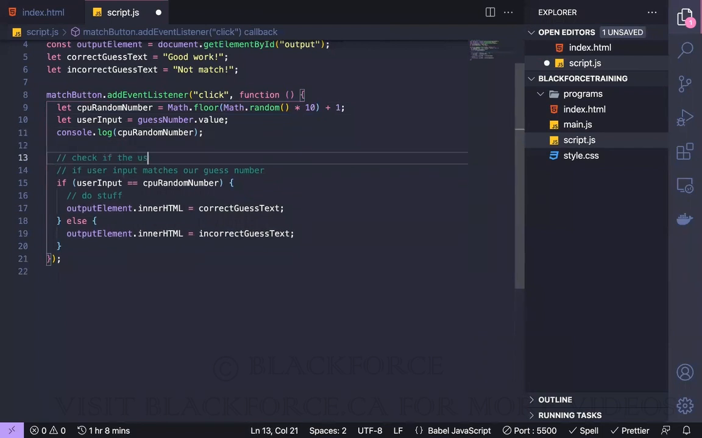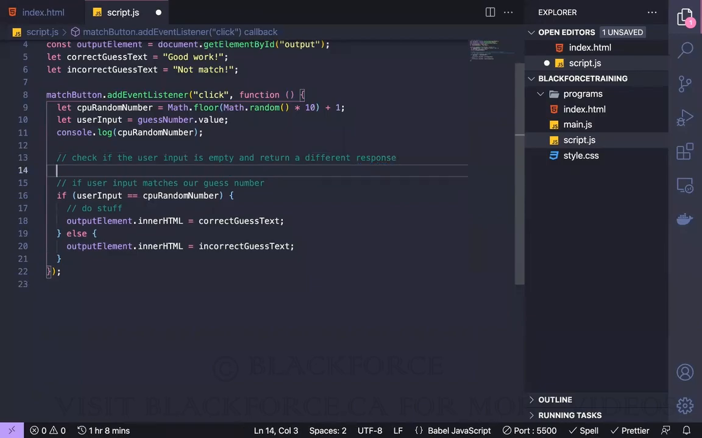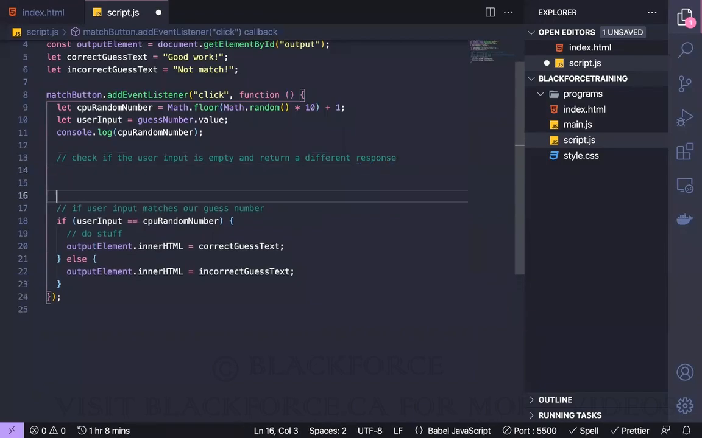Check if the user input is empty, right? And return a different response, right? So you can just do that here. You can check if maybe the person did not input anything. Remember, I said if a form field value is empty, right? So let me just console log